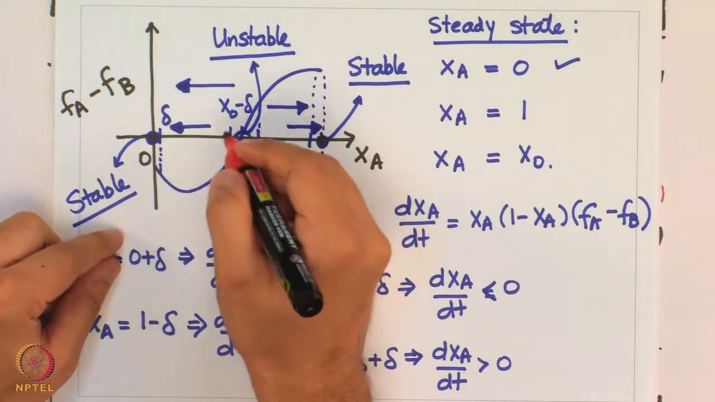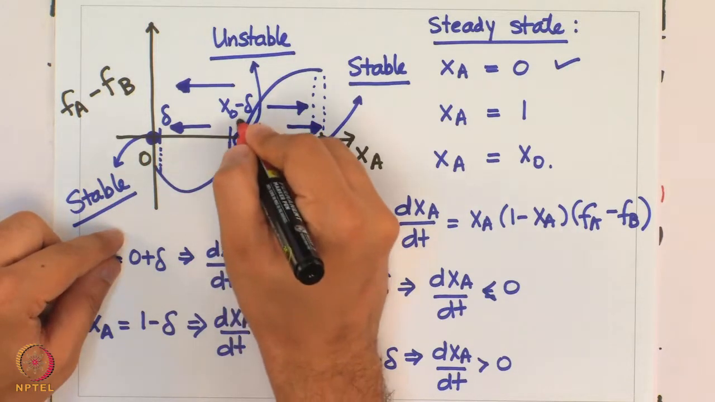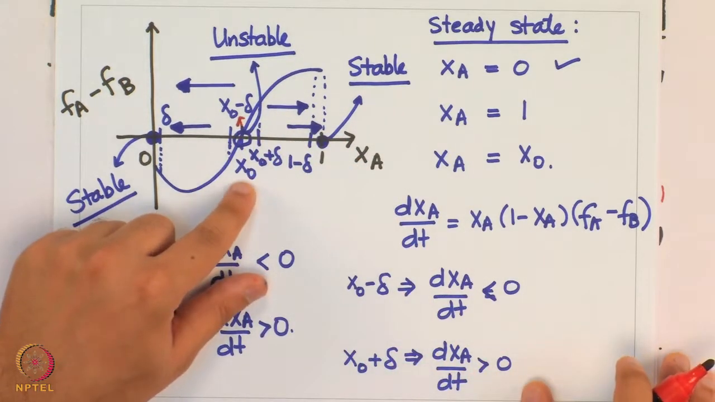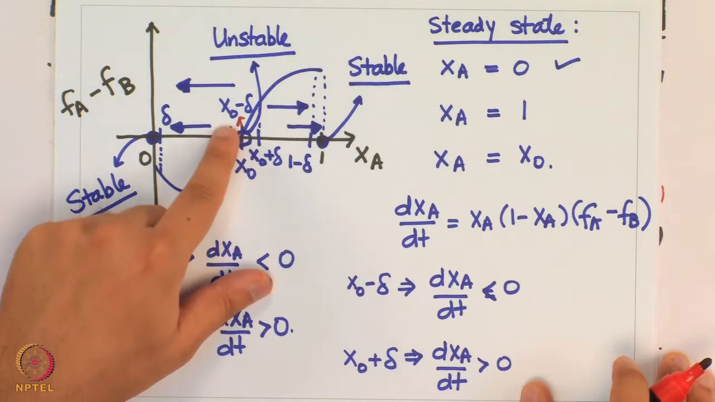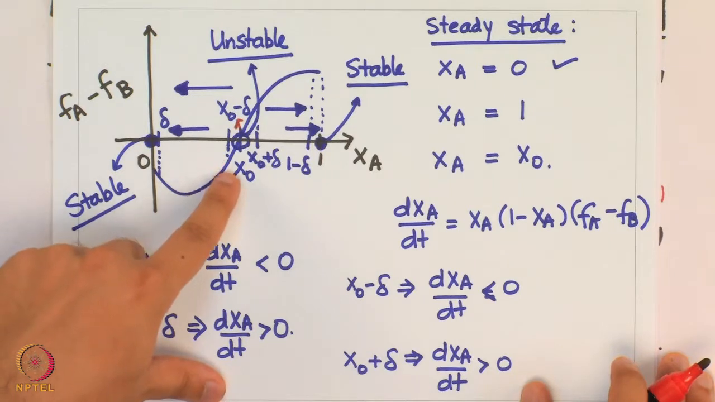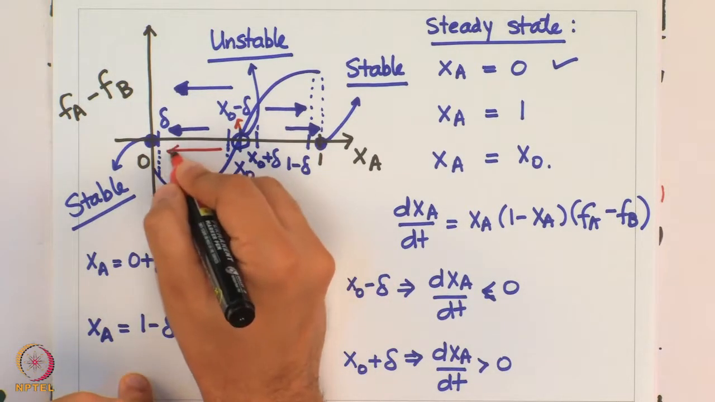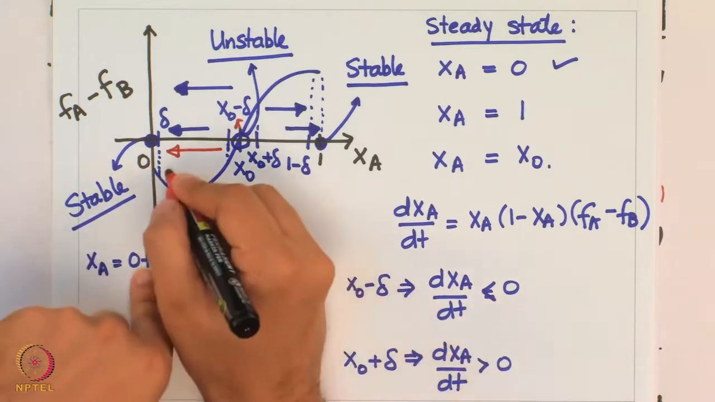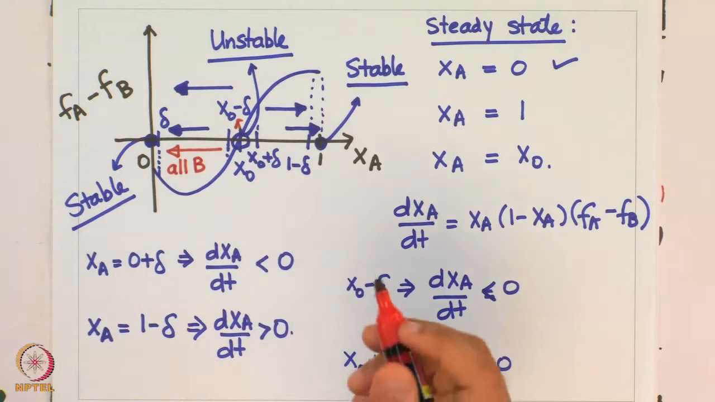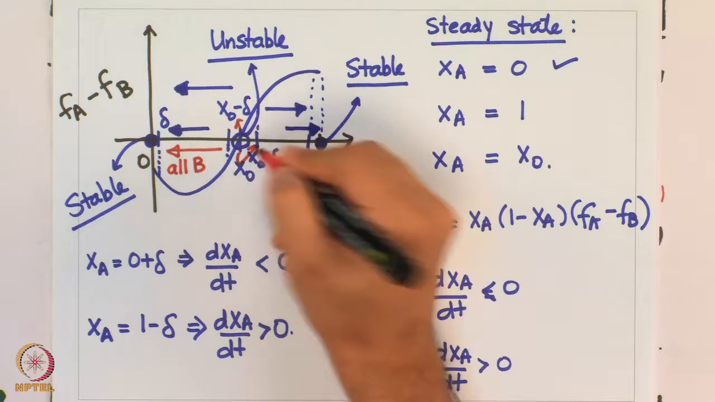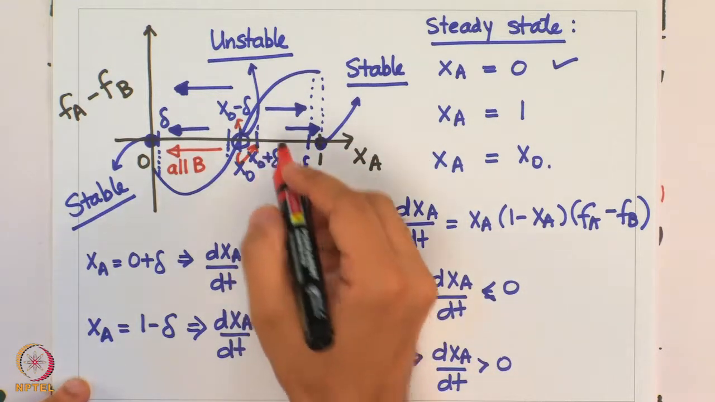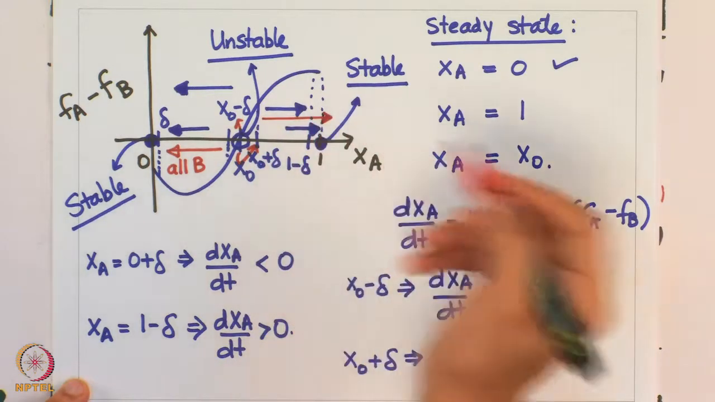However, depending on where you start your system from, that is the determining factor as to which particular genotype goes extinct and which particular one survives. For instance, if the system is existing at x equal to x naught and any disturbance brings the system to x naught minus delta, what will happen is that the dynamics of the system will ensure that the system moves in this direction towards x a equal to 0, which means towards all b. However, if that initial disturbance was such that it moves the system to x naught plus delta, then from here the system prefers to move in this particular direction towards x a equal to 1,